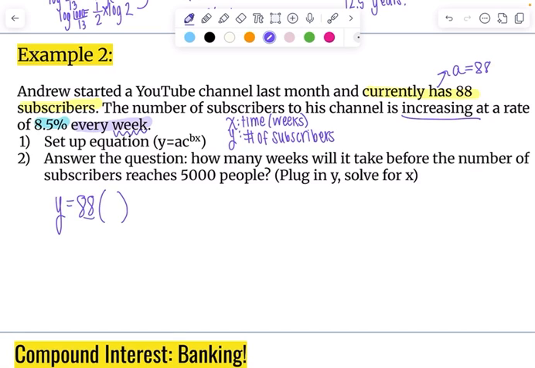So in order to include the original 88 subscribers, you have to make it 100%, which is the original, and add 8.5%. So it's going to be 108.5%. And then you need to convert to a decimal. I do plus because it's an increase. I hope that's obvious. If it was a decrease, I'd subtract. And in this case,